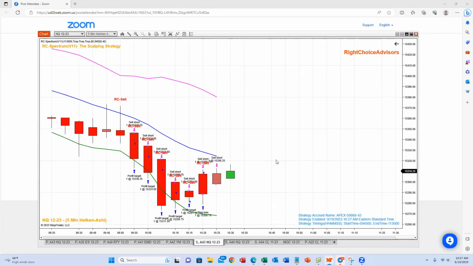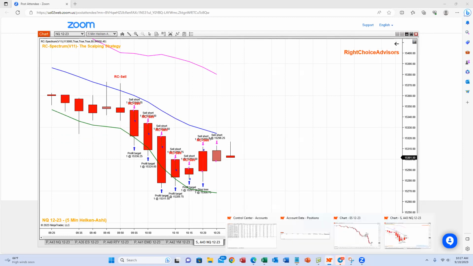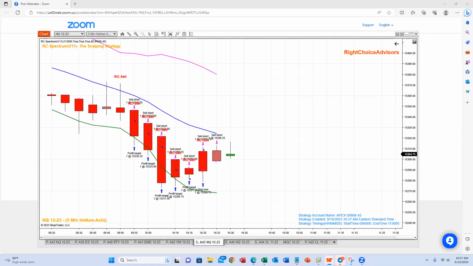So you can see that we made profit, profit, profit. Generally, Spectrum will work in such a way that you will make 4 or 5 profits. Whenever there is a change in the direction, we will have one stop loss. And then again, the next 4 or 5 will make profits. Again, if it starts coming down, we'll have one stop loss. So like that, every 5 profits, even if you have one stop loss, which is equal to 2 profit targets, that means you are still making 3 to 4 profits net of one loss. So in every 10 trades, we generally have 7 to 8 profit trades and 2 stop loss trades